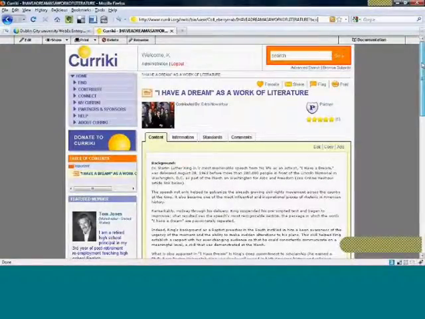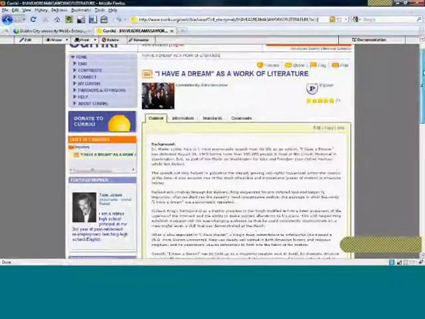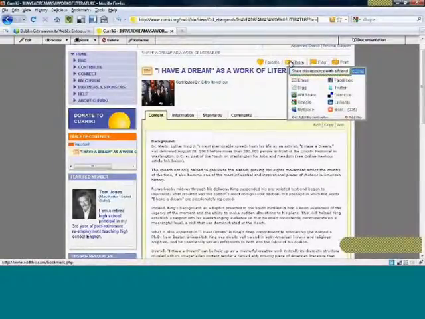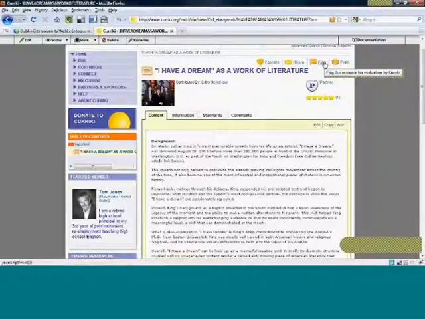If you log in as a member of Curriki, you'll be able to add this to your favorites. This is kind of like bookmarking something, so you can go through and search for lesson plans and gather them and collect them so you have them for later. Again, this share feature. Here we have this flag feature,